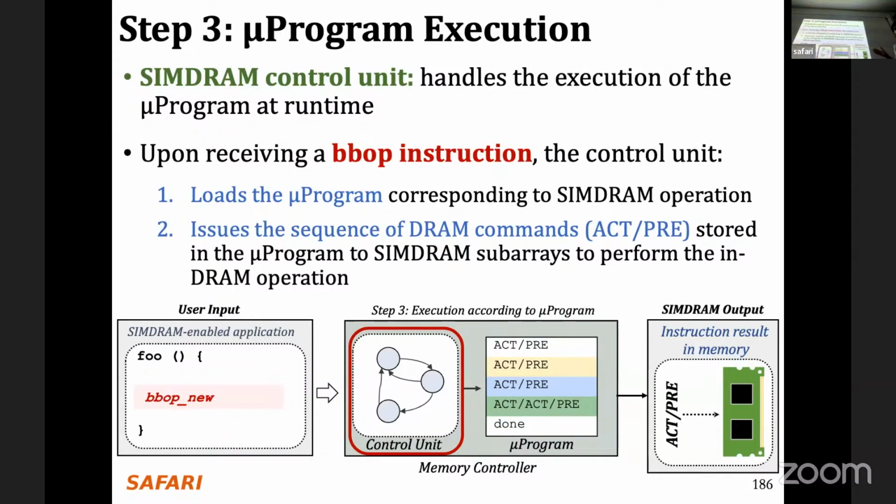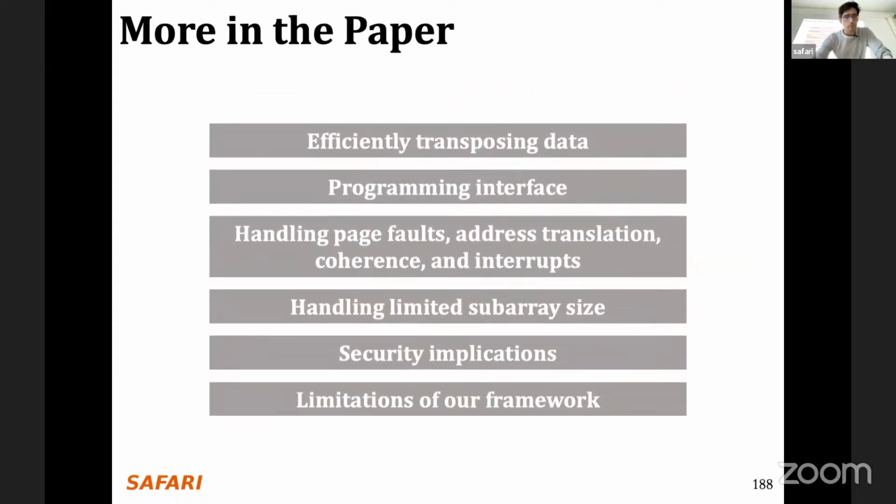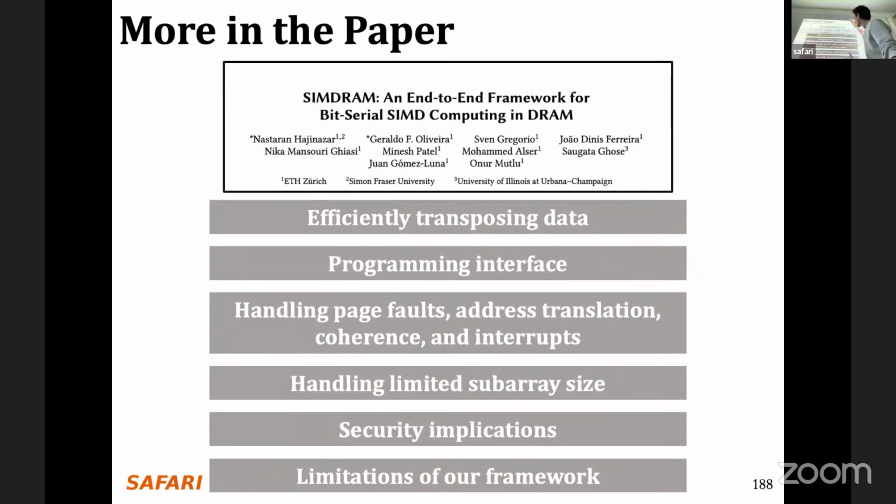And now we can consider that each of the bit lines in DRAM is like a SIMD lane in a SIMD processor. But instead of having 16 or 128, we have thousands or even millions of these SIMD lanes. And this is a picture of the SIMDRAM control unit. You can find many more details in the paper about, for example, system integration,